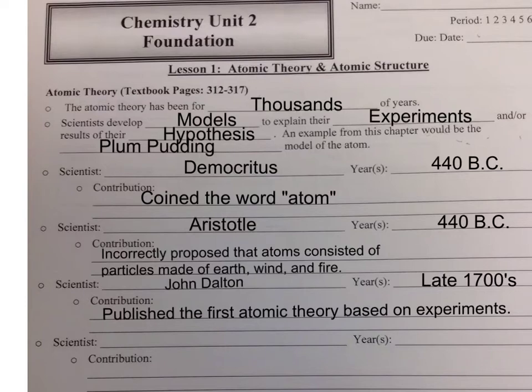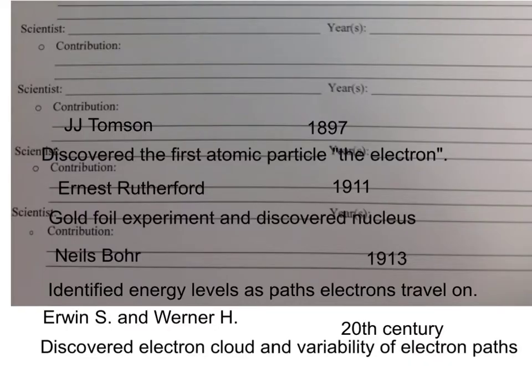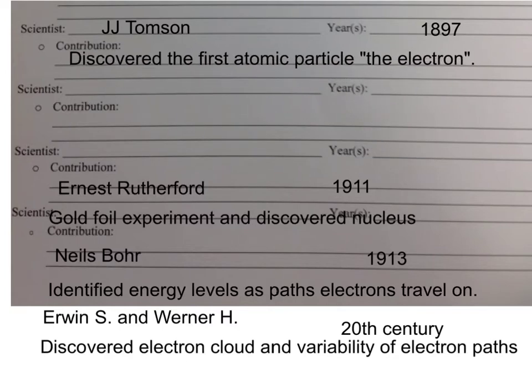This concludes this slide. Continuing on, the next scientist we'll discuss is J.J. Thomson. This gentleman lived in the late 19th century, 1897. His contribution was that he discovered the electron. This was a pretty significant find because up until this point, no one really knew what the atom was made of. His research was continued by a gentleman by the name of Rutherford